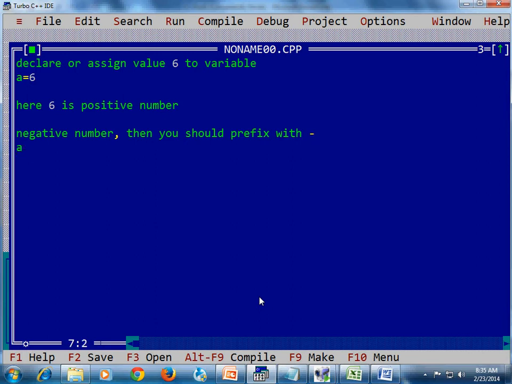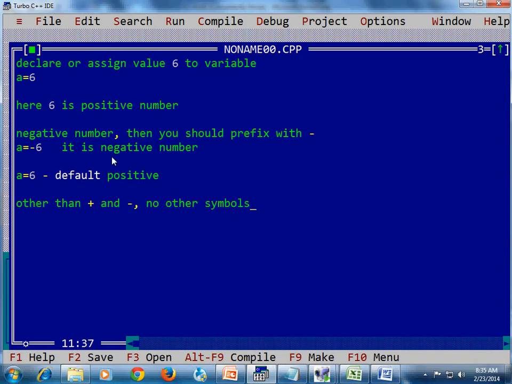So a equal to -6. If I say a equal to 6, by default it is positive. However, here I am mentioning that it is a negative number, and other than plus and minus, no other symbols are allowed.